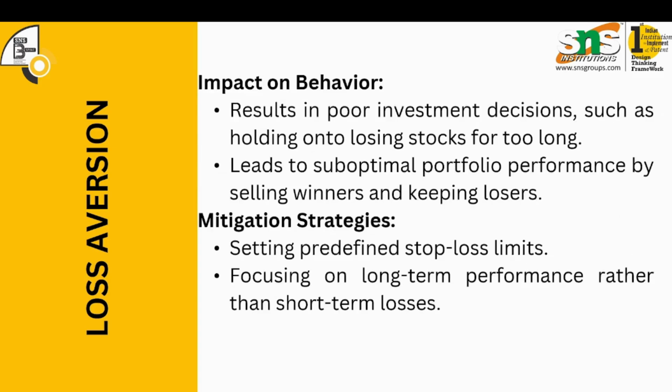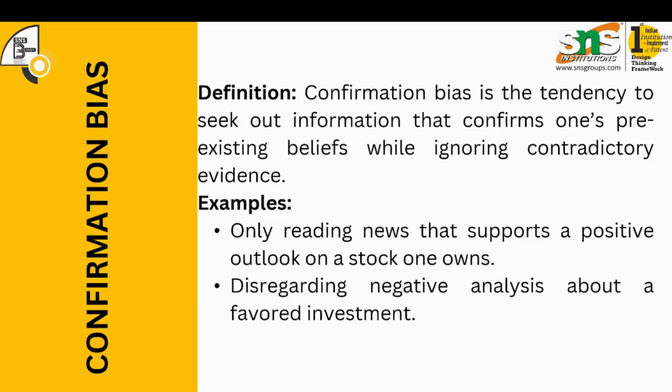Loss aversion results in poor investment decisions, such as holding on to losing stocks for too long. This may lead to suboptimal portfolio performance by selling winners and keeping losers. Loss aversion can be mitigated by setting predefined stop loss limits and by focusing on long-term performance rather than short-term losses. The next bias is confirmation bias, where we have the tendency to seek out information